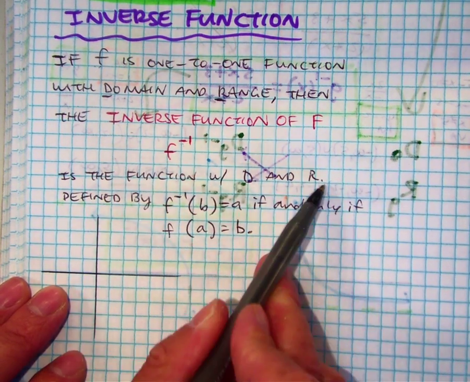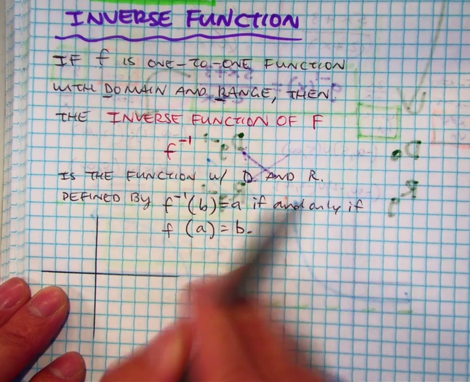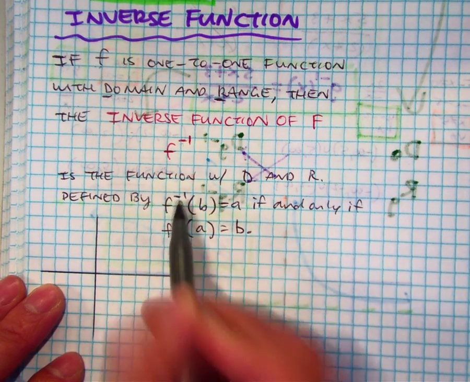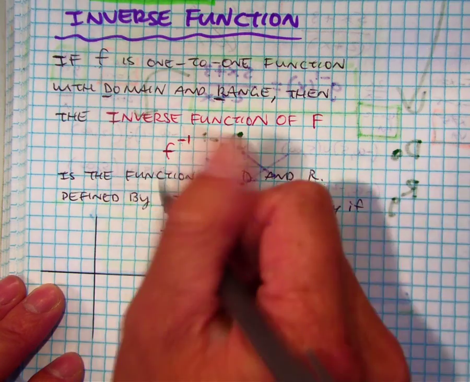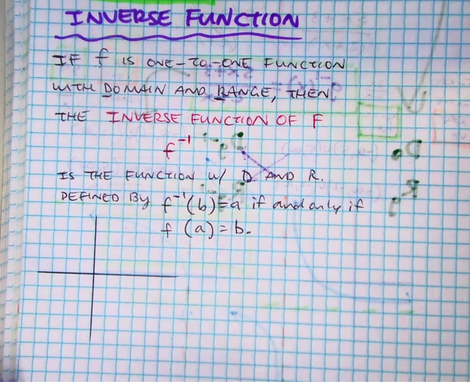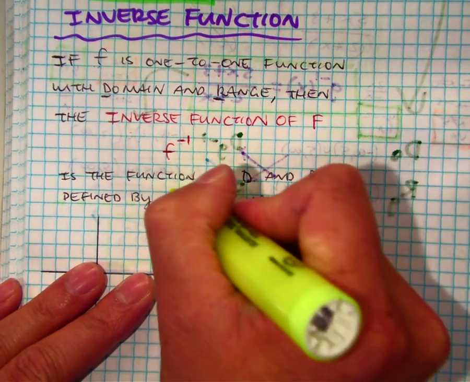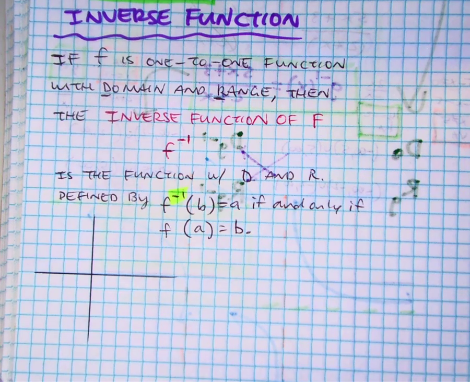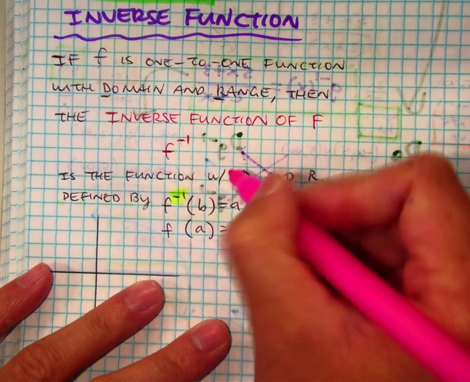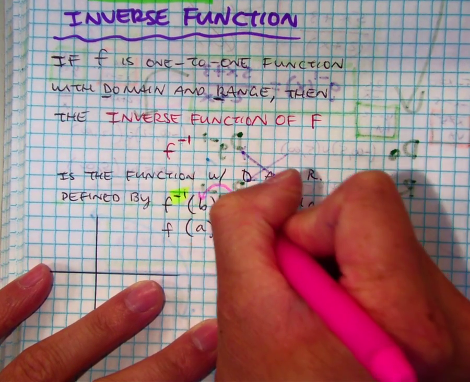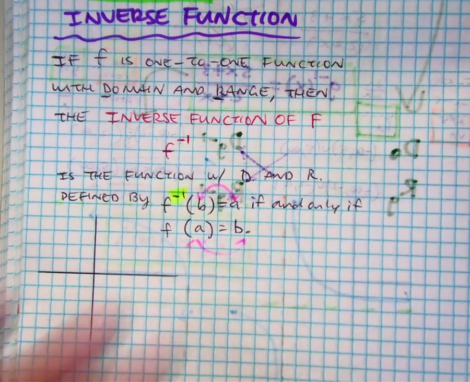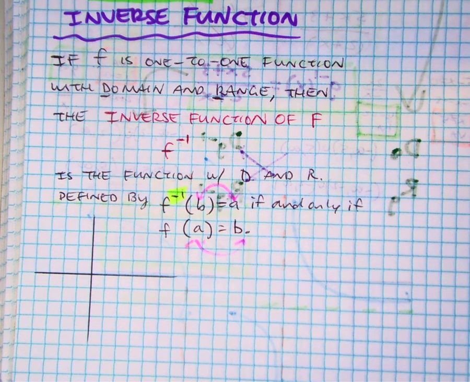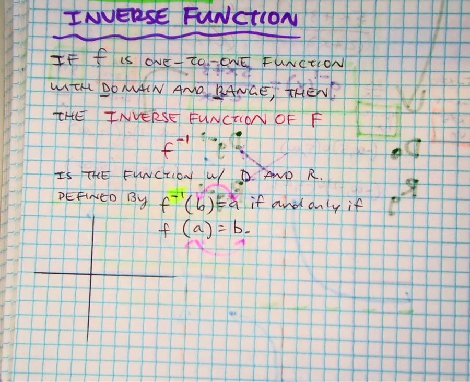It still has a domain and range. And what happens is if you see this negative 1 here, it's an inverse function. And what it's telling you to do is switch. Everyone say switch. Do you see the switching there? The A and the B have switched their places. Do you guys see that? Yeah. All right,